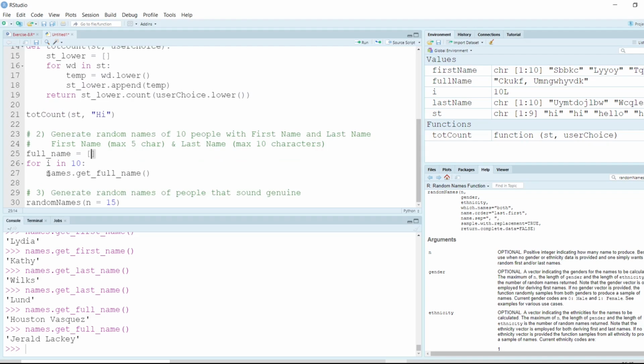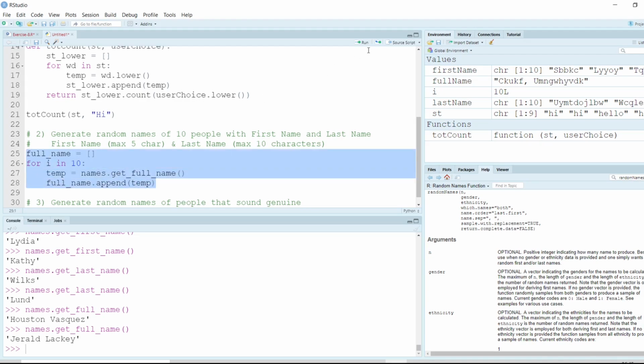And once we have this name generated, let us put it in some temp variable and then full name dot append this temp variable. So like that, we get all these 10 names generated, which will get stored in the list, full name list. So let me execute all these lines, click on the run button. And now if I just check for full name,